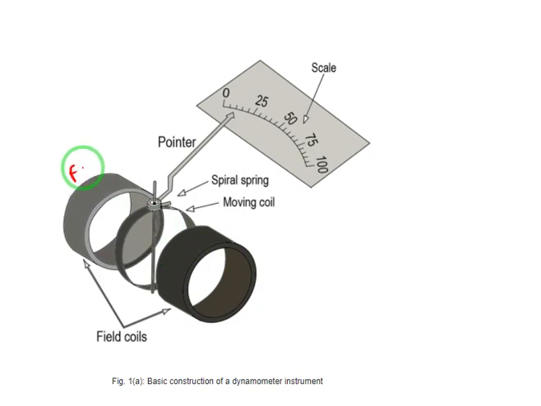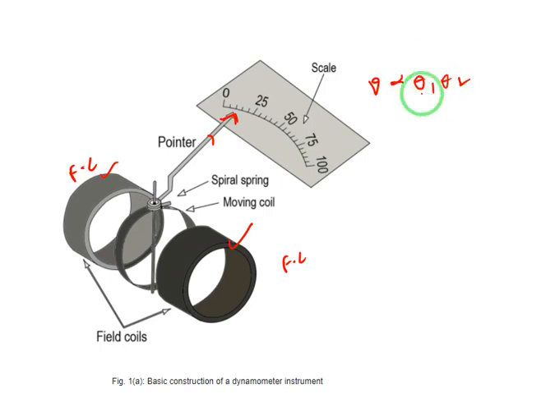Actually the construction is, see here, this is the construction. This is the fixed coil and this is another fixed coil. Two fixed coils will be there here. This is a moving coil. This is a practical appearance of the electrodynamometer. This is the moving coil and the pointer will be like this. These two fixed coils will be there, no? So the deflection of the pointer depends on the currents in the fixed coil and moving coil.